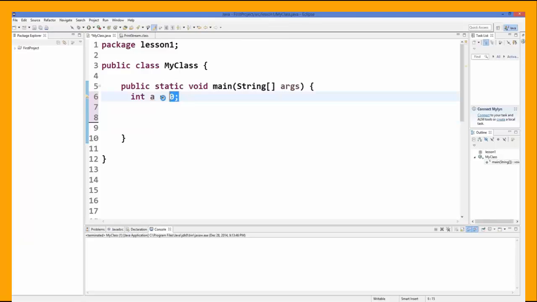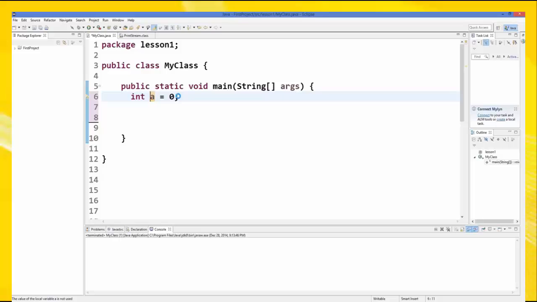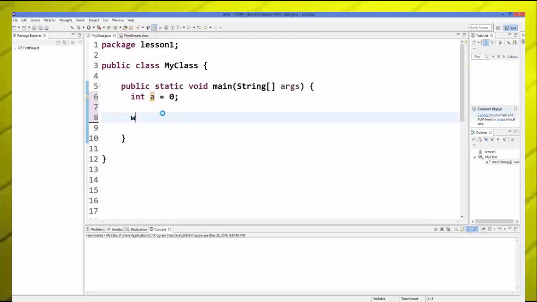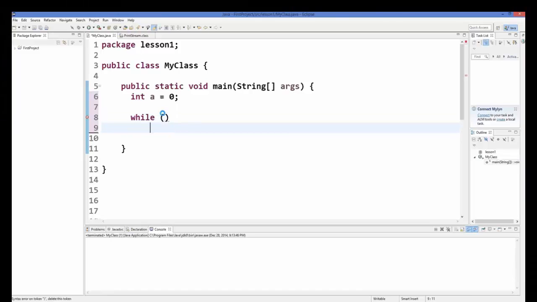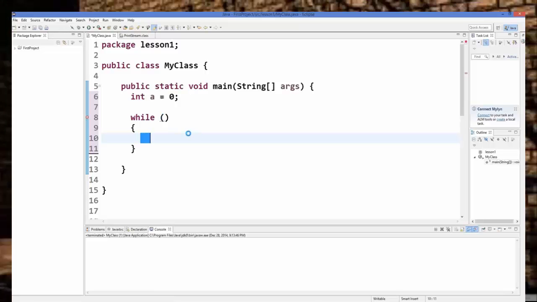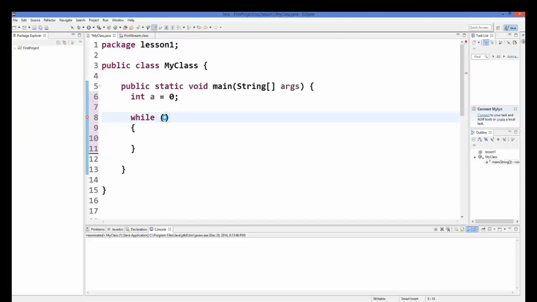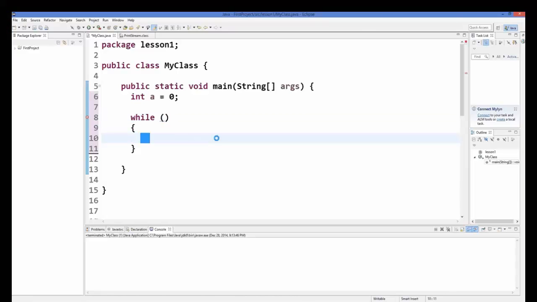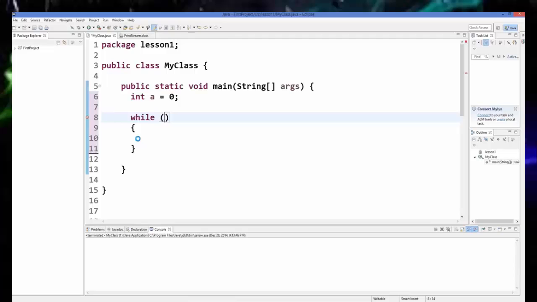Now I will give you an example. I have an integer which I initialized to 0, and let's first see the basic syntax of a while loop. A while loop, as the name suggests, uses the keyword while, then these round brackets, and then these curly braces where we write the statements to execute. Here comes the condition. It can be true or false. Whenever this condition is true, it executes your code here,